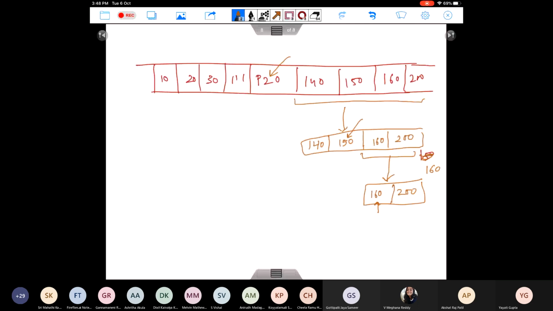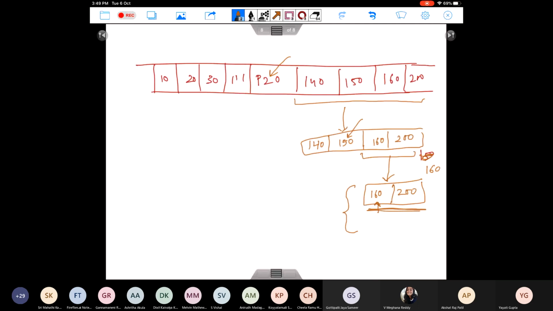So what's going to be the base case here? Did you understand what I just did here? Two elements, base case. You can do it in two ways: you can take the base case when you have two elements, or you can take the base case when you have one element. What I'm doing here is, whenever my number of elements is even, I'll have two elements in the middle.